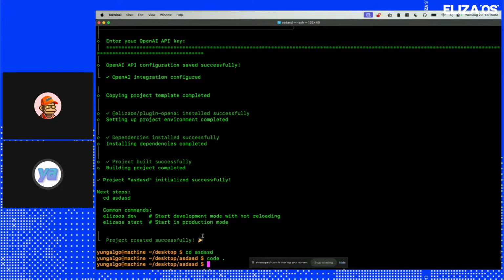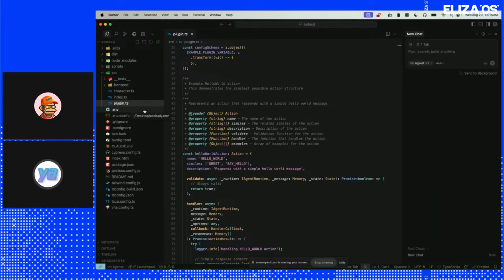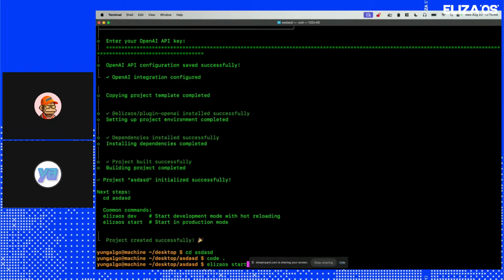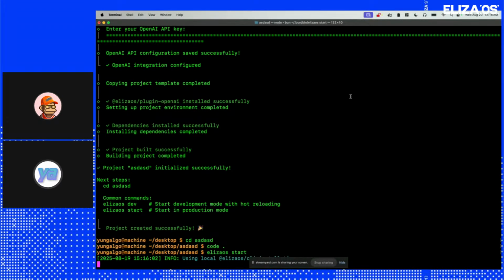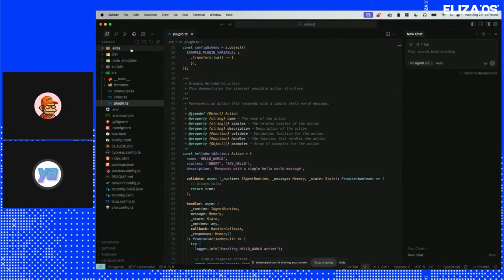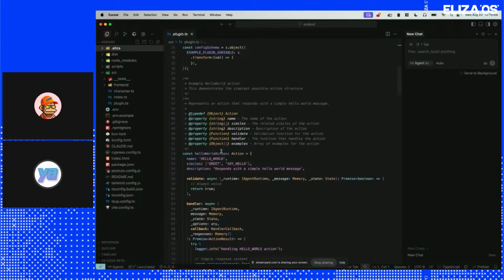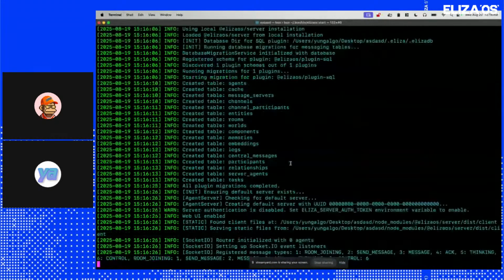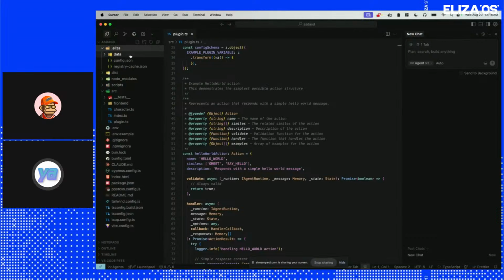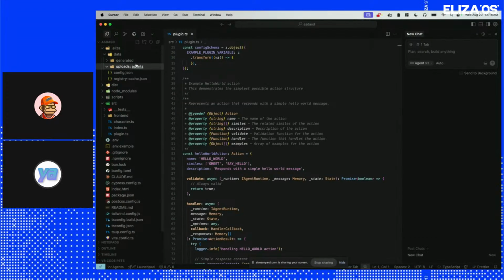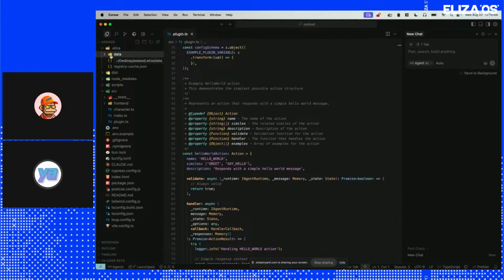So right now we CD'd into this project and we have our keys in here with OpenAI. If I just run elizaOS start, that's going to start my local server. And it's actually going to create this .eliza here, which is going to spin up all my databases. It's doing that right now. It's taking a minute this week. Yeah, so you can see here we have a PG-Lite database that got spun up in here, and also